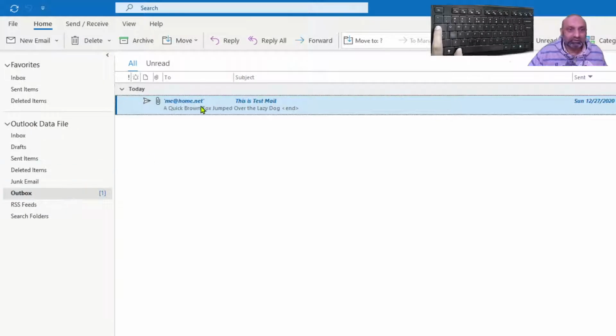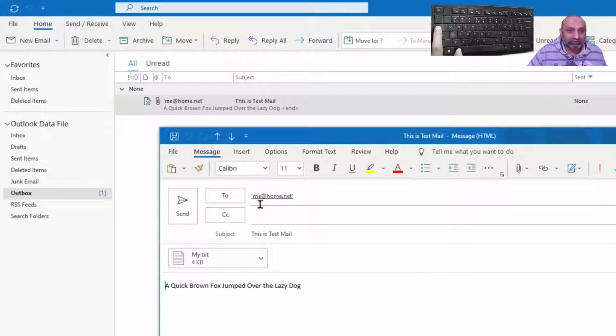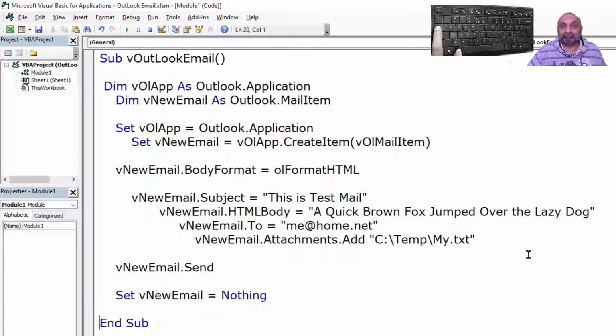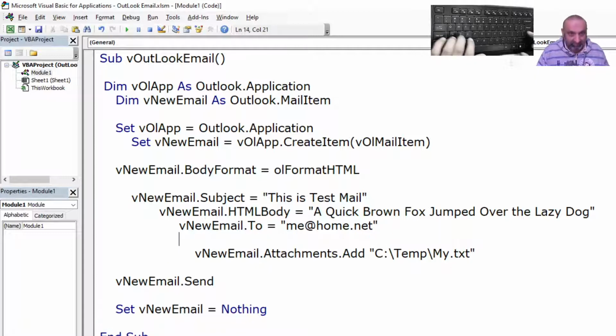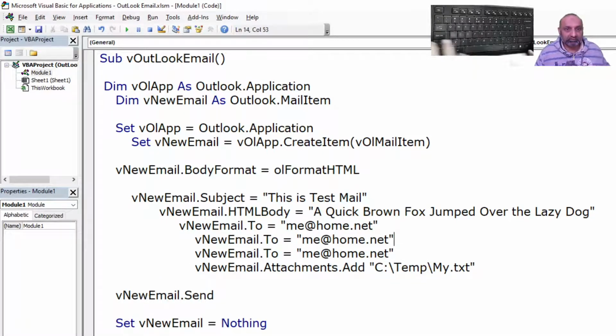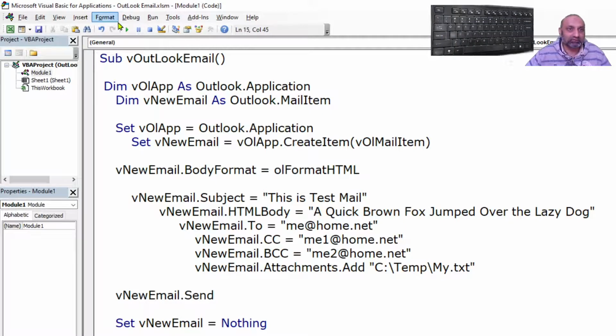We can see a file in Outbox. Let's open this up. If I open this up, you can see this is me at home.net. It has an attachment. There is a subject, and then there is 'a quick brown fox jumped over the lazy dog'. Great. So what if I want to have a CC or BCC? It is simple. Just copy this, and instead of .To, we can say .CC, and we can say .BCC,